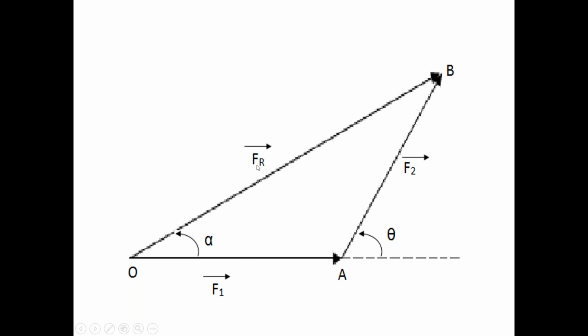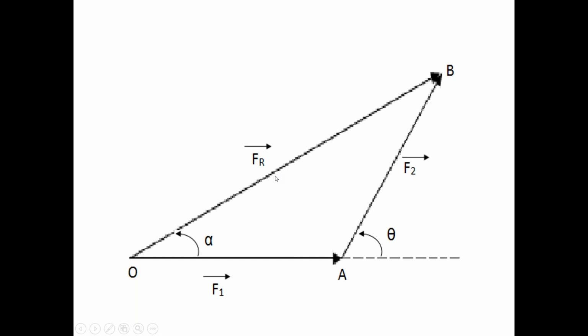According to the triangle law of forces, if two forces acting at a point on a rigid body are taken as the two sides of a triangle, that is OA and AB, in magnitude and direction in the same order, then the third side of the triangle taken in the opposite order represents the resultant force of the two forces F1 bar, F2 bar in magnitude and direction. That is called the triangle law of forces.